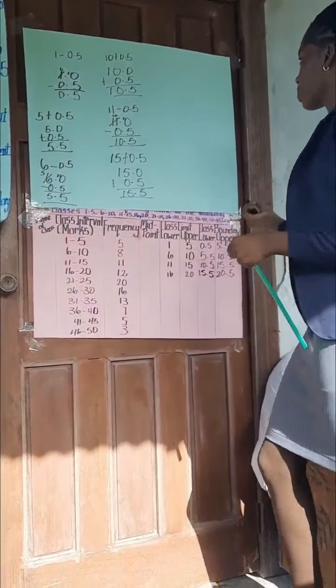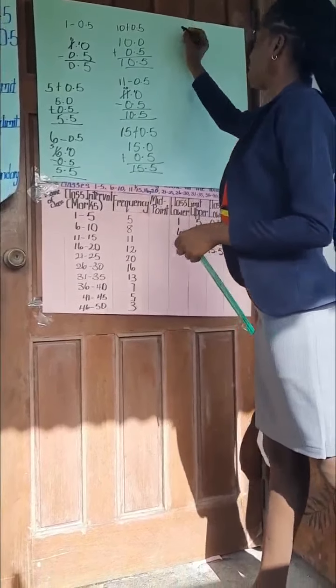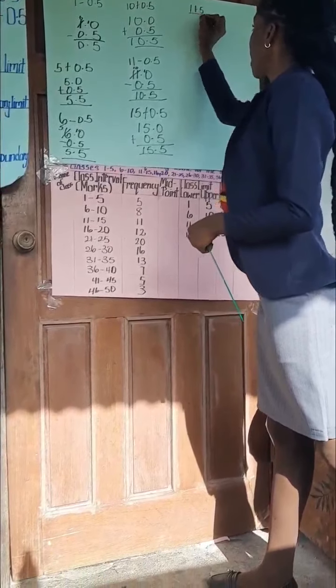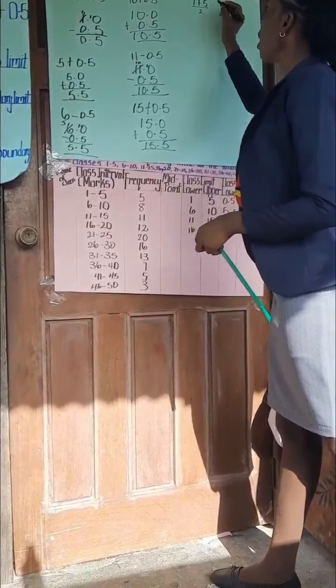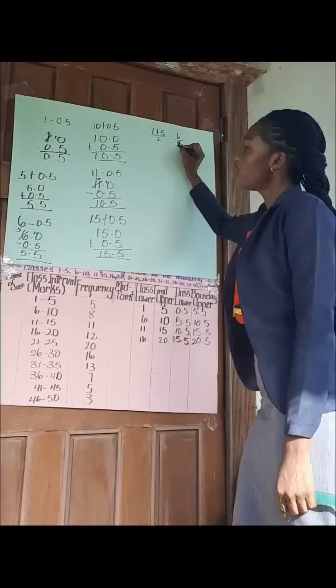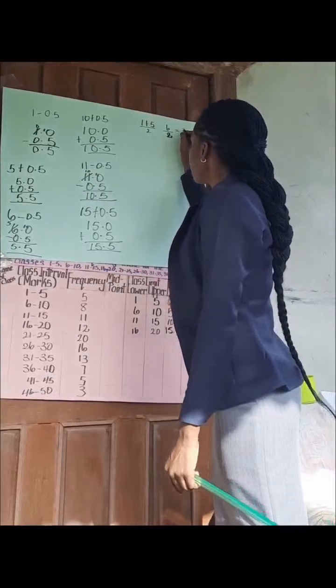We'll work the first one. We'll use the class limit first. So it's 1 plus 5 divided by 2. 5 plus 1 is 6 over 2. And that is going to equal to